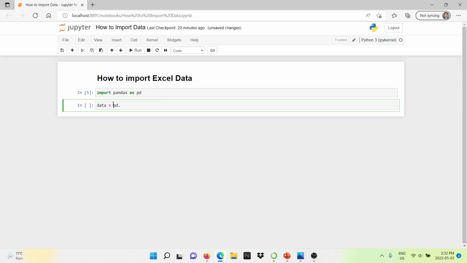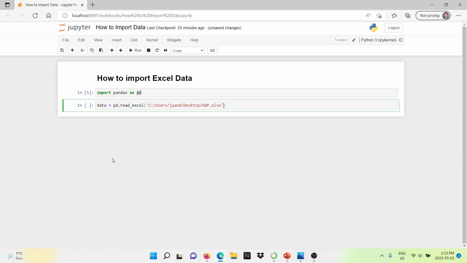The reason why we're using pd is that's what we have called pandas. So it's pd dot read underscore excel. You open parentheses, and then here you have to paste the directory of where your Excel sheet is. So I'm going to paste it because I already have copied that.